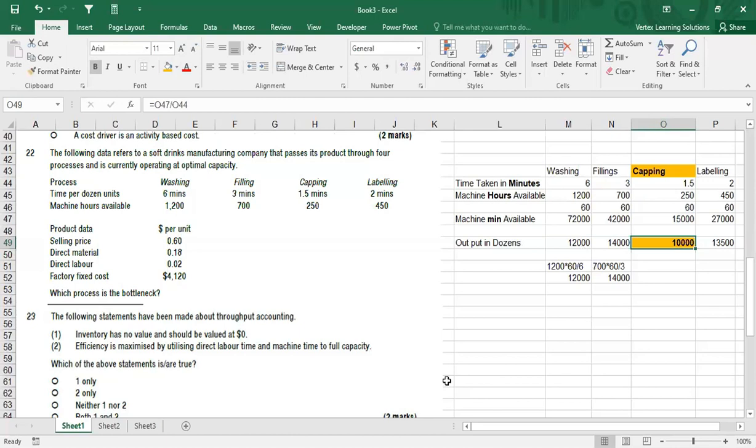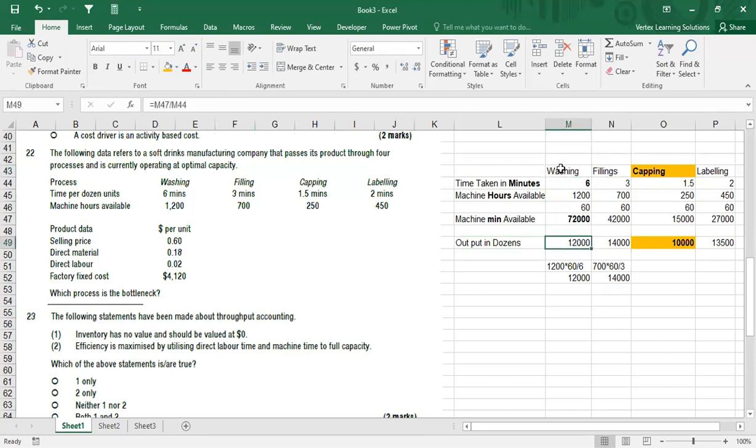Nothing? So the 12,000, do you mind explaining how you get it again? 12,000 is output in dozens. For example, you have 72,000 minutes available with you, and 1 dozen is taking 6 minutes. So how many dozens you can produce? So you have a total 72,000. I just divided these two, 72,000 with 6. This 12,000, how do I get that? 72,000 number of total minutes divided by minutes taken per dozen. So when I get the number, this 12,000, what is this 12,000? This is 12,000 dozens processed by